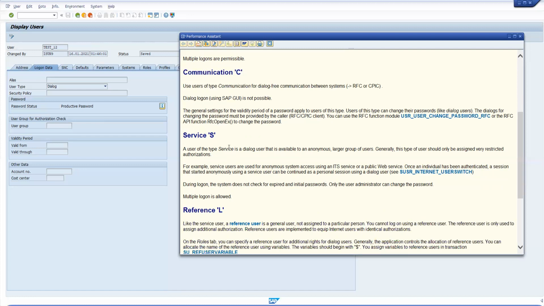So let's say we have a finance team, and they wanted us to create a particular role for performing their day-to-day activities. Now there's a group of 10 people within the same team, in different time zones, and they wanted to test the role that we have created. So instead of me creating 10 user IDs, I will probably create 2 or 3 user IDs with user type as service, and then I'll give a password.